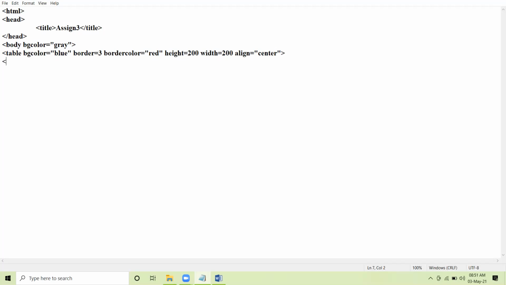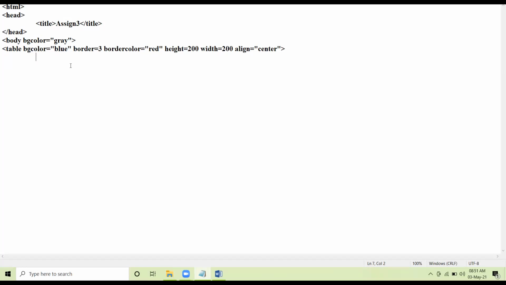Okay, so our first row is the header row. Now when you will be writing the coding on your assignment registers, make sure you follow proper indentation and proper formatting. Okay, don't start all the tags from the left side.